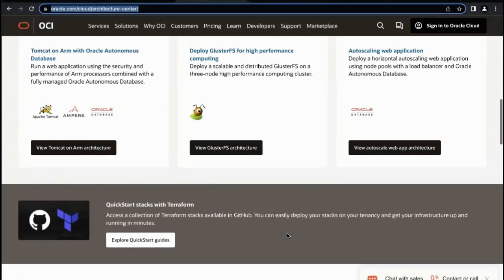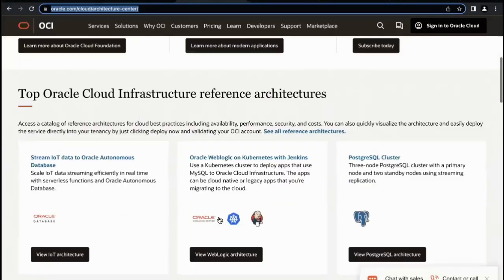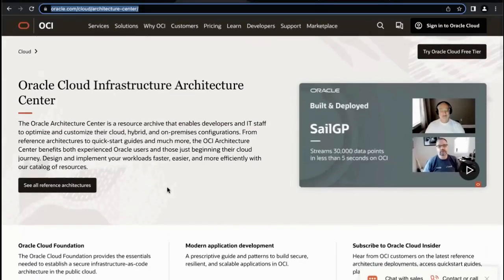You don't have those shadow, what historically was called shadow IT units. Now, there can be whole shadow infrastructures within your cloud environment. There's tools, there's even built-in tools within OCI to keep that from happening. And so, starting from these demos that we see here, and then building on that, using those same best practices that you start with, is the way that we suggest, and the way that we hope that you're going in your cloud journey.